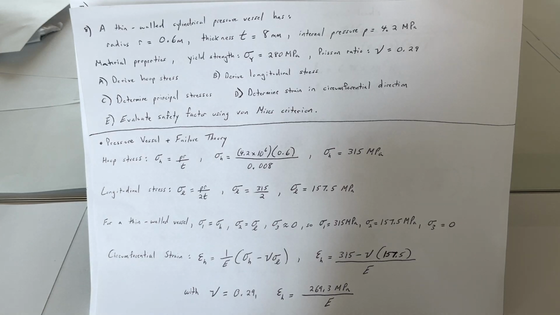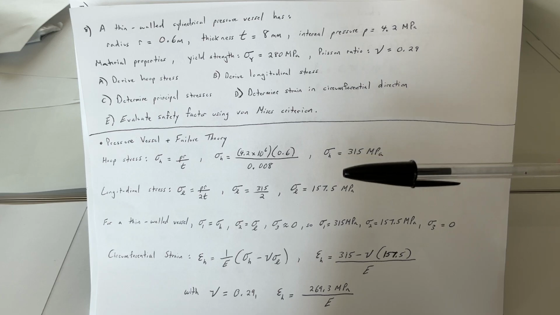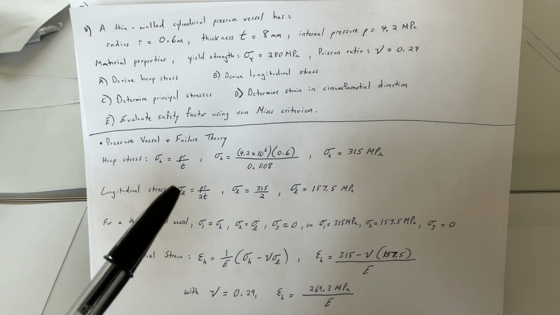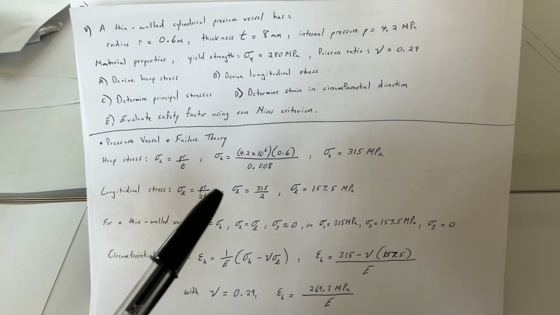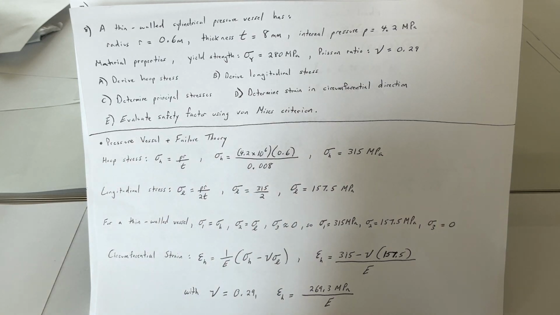Hoop stress here, sigma sub h is PR over T. So sigma sub h is 4.2 times 10 to the 6 times 0.6 divided by 0.008. Sigma sub h is 350 MPa. Longitudinal stress, sigma sub L is PR over 2T. So sigma sub L is 315 over T. Sigma sub L is 157.5